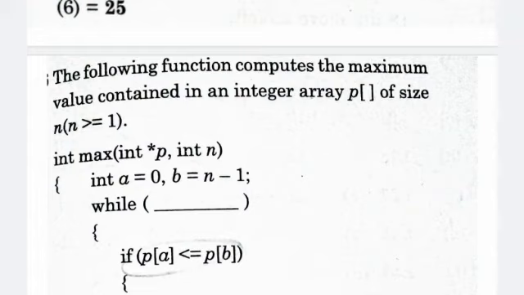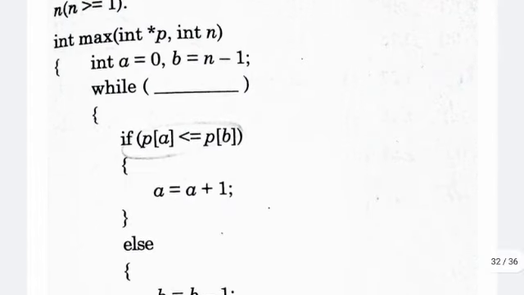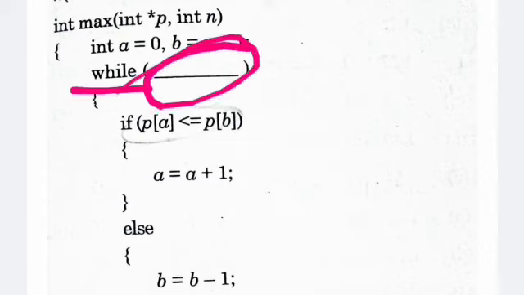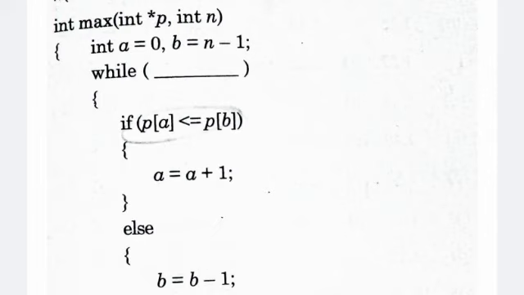Now here, giving the program initial value a equal to 0 and b equal to n minus 1. Here the while condition expression is going to be blank. Now what will be put in the blank space, expression and condition, to satisfy this condition? Now come to the